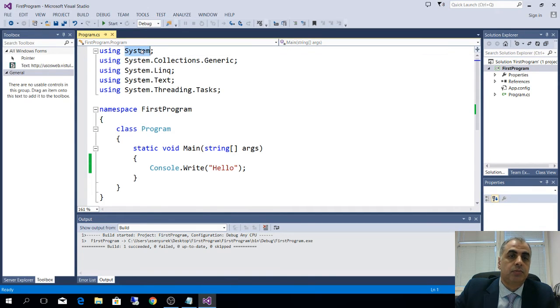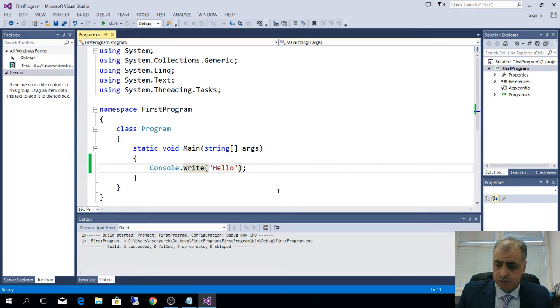It's in system. There are some other libraries, the one that we are using, which are going to be related to those libraries. I don't need to memorize at the moment which library has which book or which book has which page. So slowly, step by step, while we are continuing, we are going to understand. Okay, so the first thing is console write to show